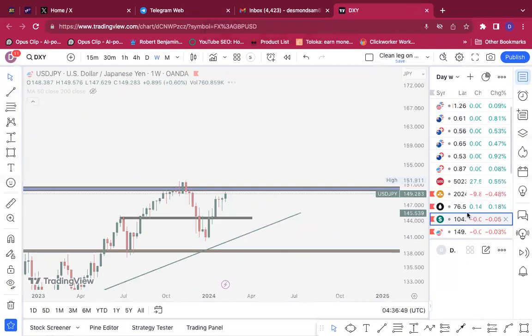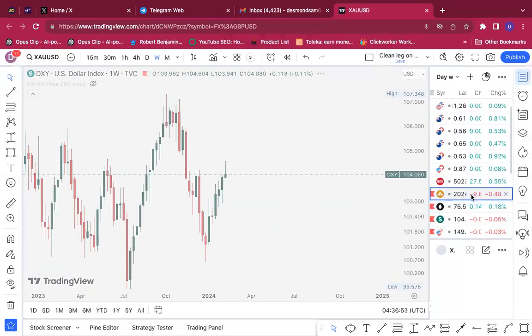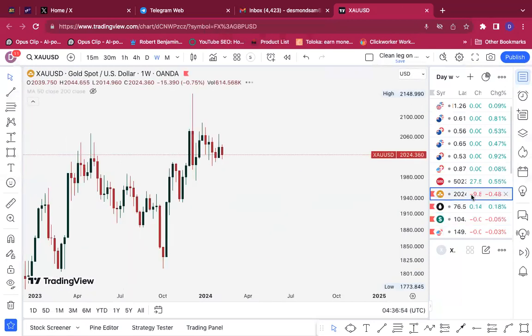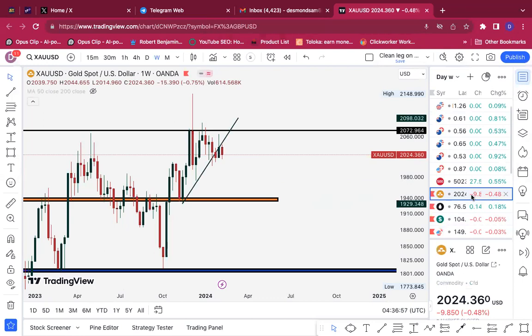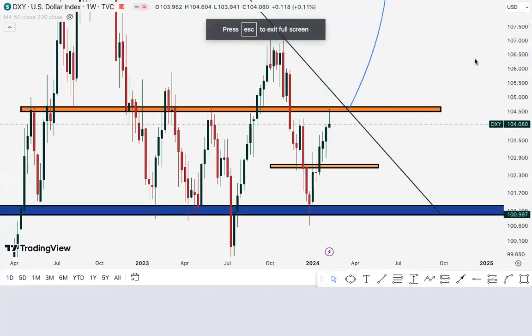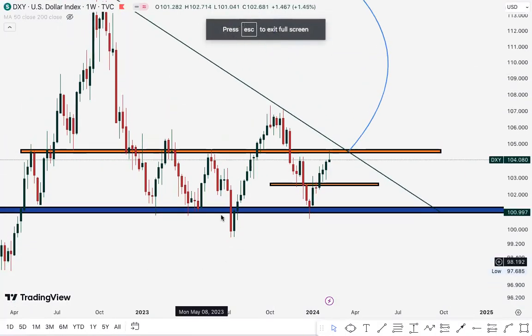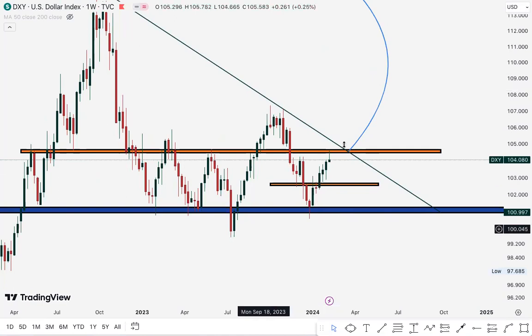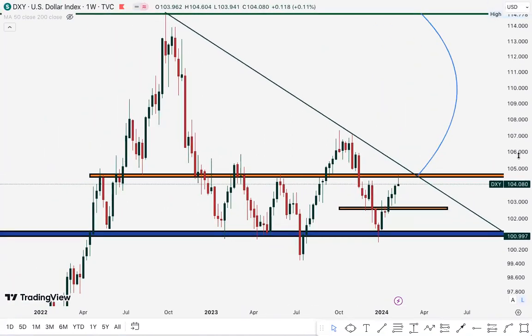So the last pair on my list, is there anything to talk about on gold? Let me see. Nothing much on gold. Gold is still ranging, to be honest. So the last pair on my list is the dollar index. The dollar index seems to have a similar setup to the euro dollar. Like I said earlier,